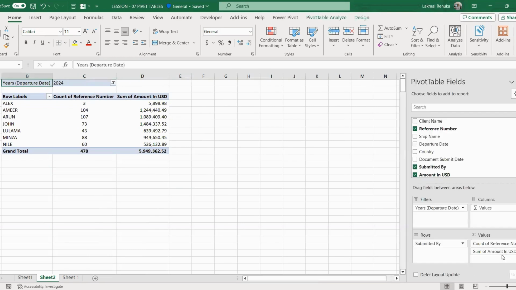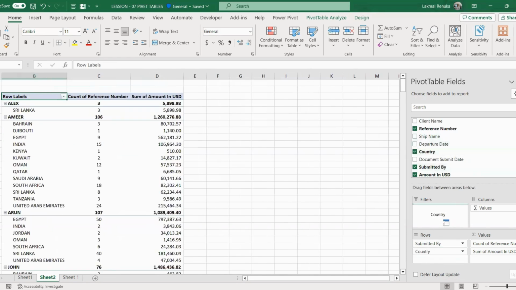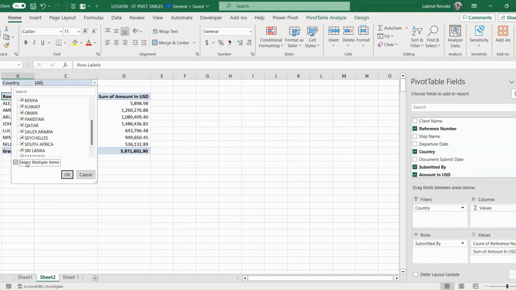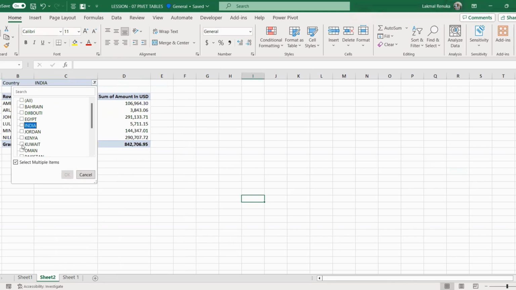Here we have the section where we can do any filtering. We wanted to filter by ship, or by some other field, such as country. We'll try this country. You can take it country-wise. How many documents were submitted from India, and how much value. In Kenya,